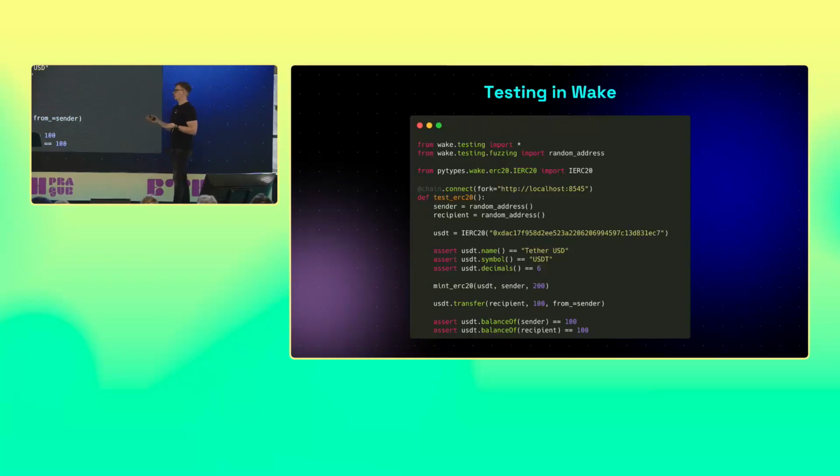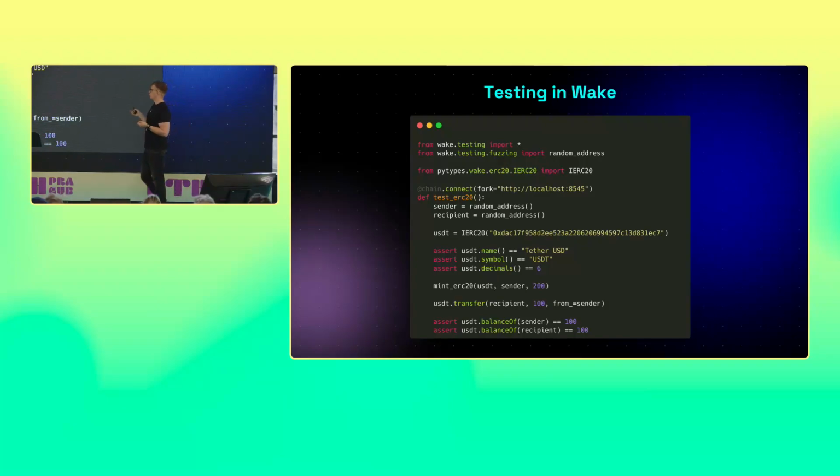We have some contracts here, some structs, some events, and so on. But we want to have these same types, but in Python, so we have auto-completions and type-checking support. What Wake does is that it compiles the project. It generates PyTypes, which are like types from Solidity, but in Python. This way we can import them, and then we have auto-completions and all the nice stuff in Python.